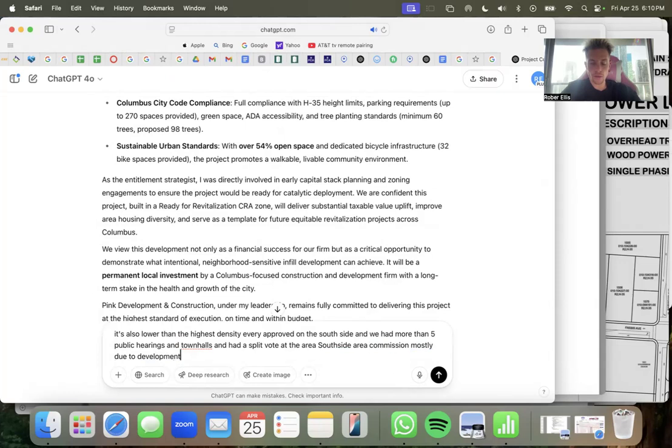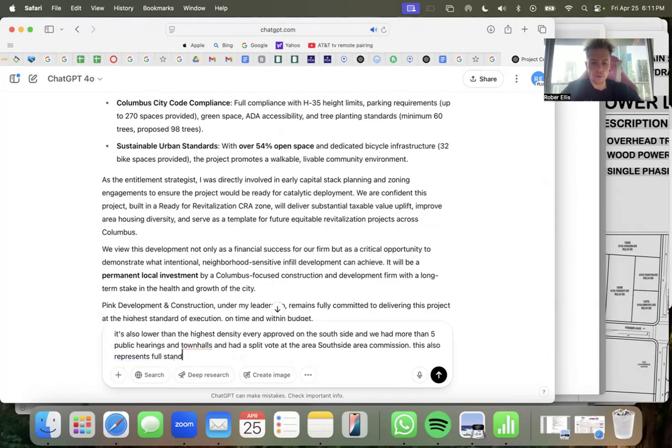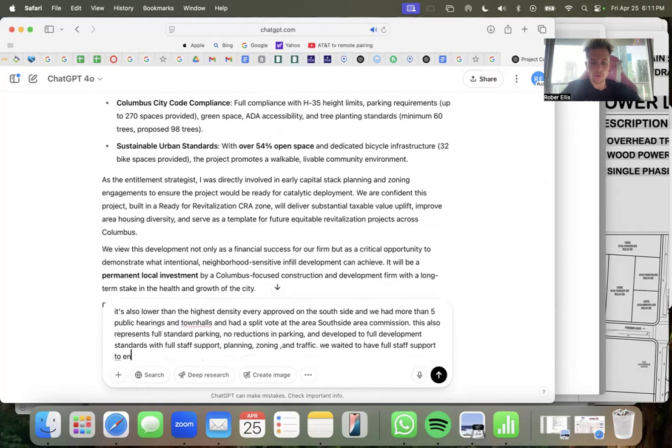mostly due to development at the area commission. This also represents full standard parking, no reductions in parking, and developed to full development standards with full staff support, planning, zoning, and traffic. We waited to have full staff support to encourage the applicant to come to the development commission. And this applicant wants to do